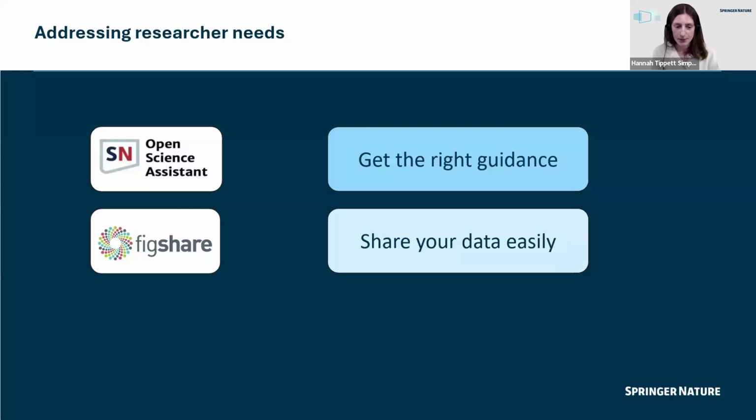So apologies, this is slightly backwards, but if researchers are facing growing demands without the necessary support, what can we do? And I guess the simplest answer is that we can offer clear, practical guidance to you. So that's why one of our key initiatives is focused on helping you understand what's expected, what data to share, where to share it, and how to do it properly. We want to provide the right support because compliance is possible, but we also want to make it manageable. So next slide.